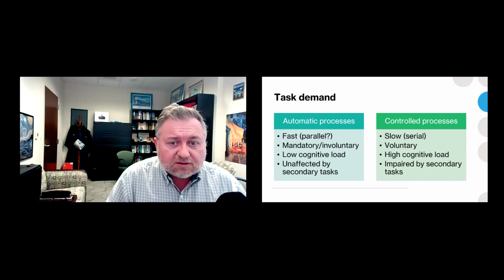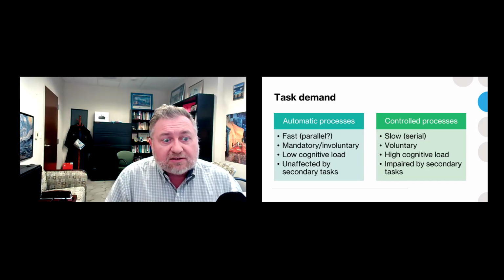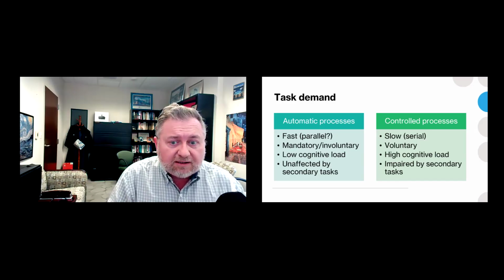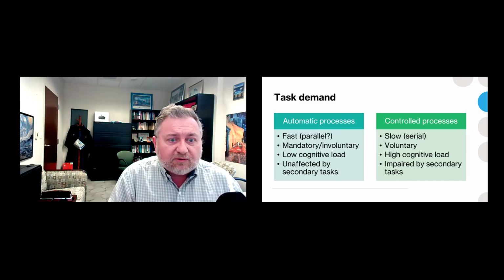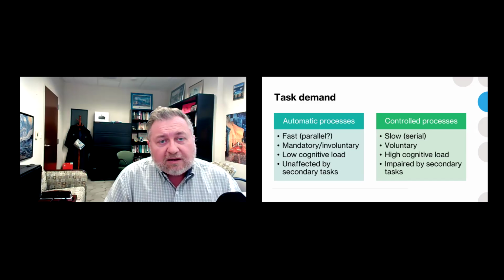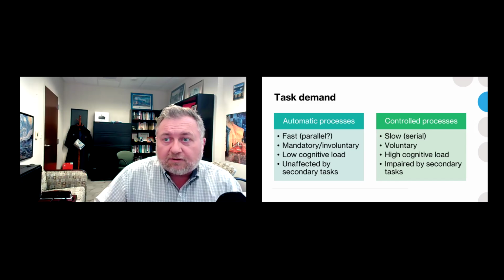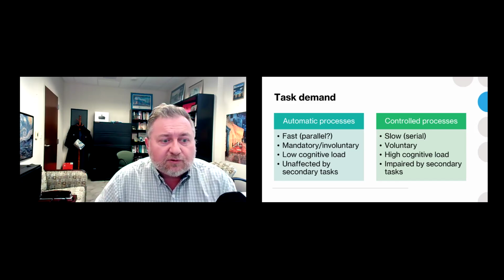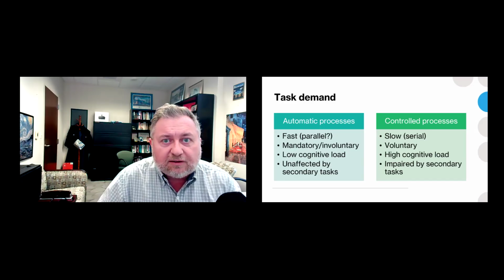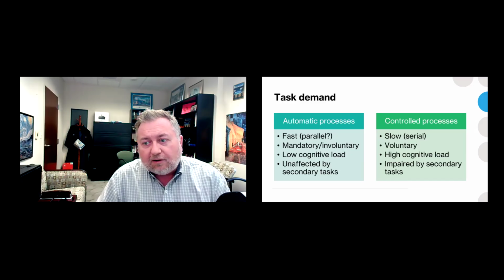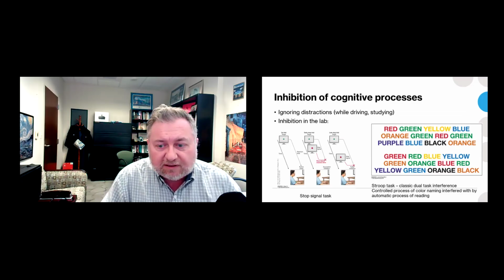A lot of times, what teachers do is they check for your sight words, right? Sight words are words you can read without sounding them out. You just immediately read it, right? That's an actual direct measurement of the fact that some of those words have become automatic for you, right? That you just quickly and immediately, mandatorily read them. But if you have to slowly sound it out and struggle with it, then it shows that for some of those longer words, those might still be controlled. You don't recognize them immediately. And there are different grade level milestones and markers for what kinds of words should be sight words at certain grade levels, right? All important milestones for skill acquisition for reading there.